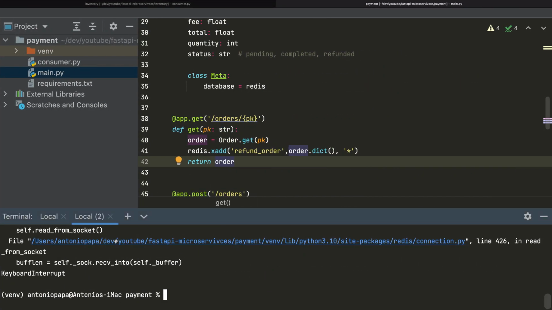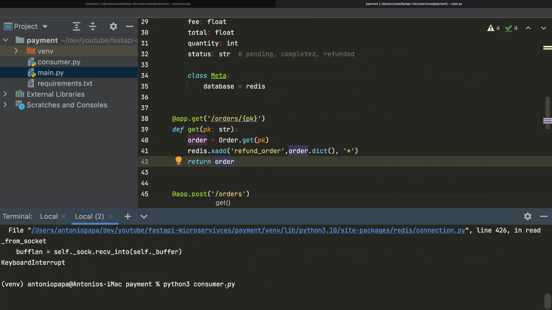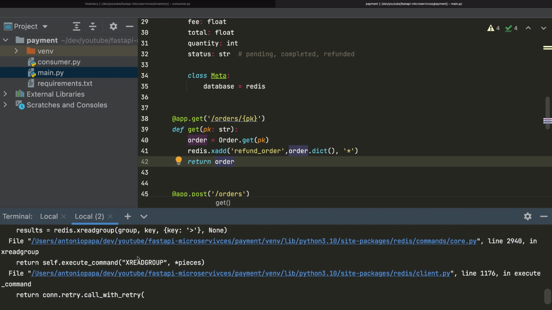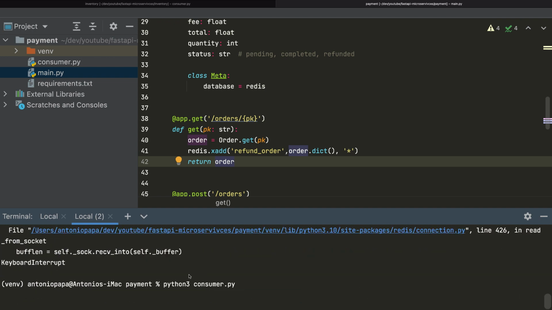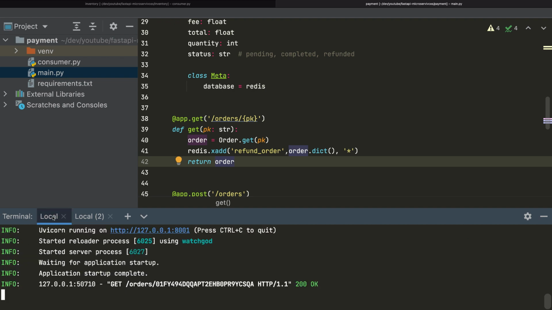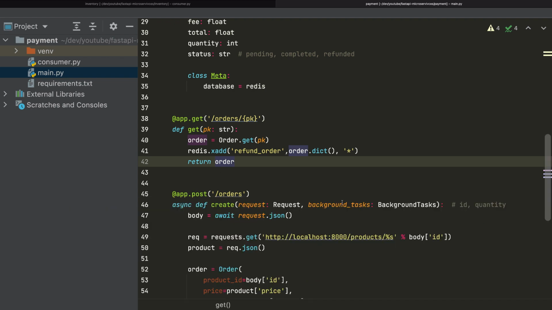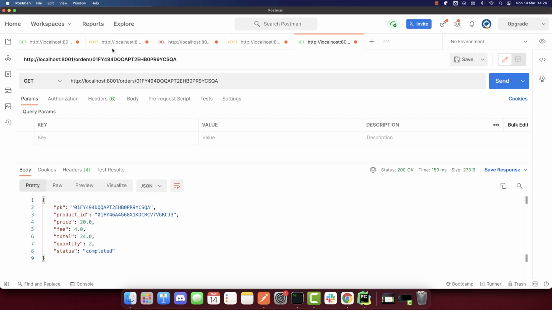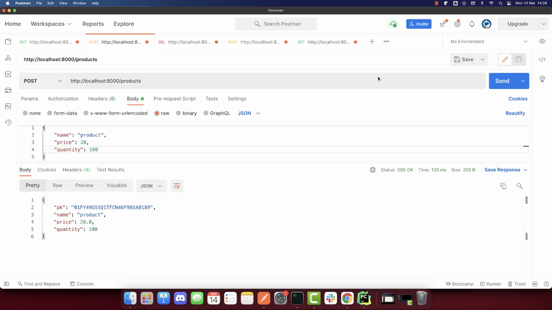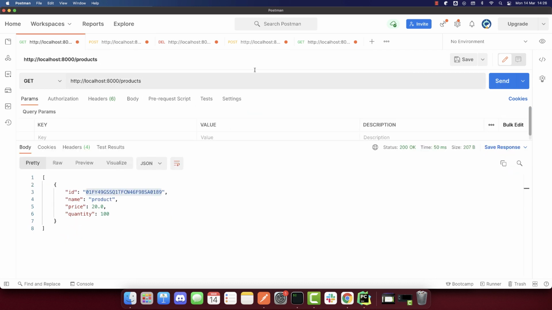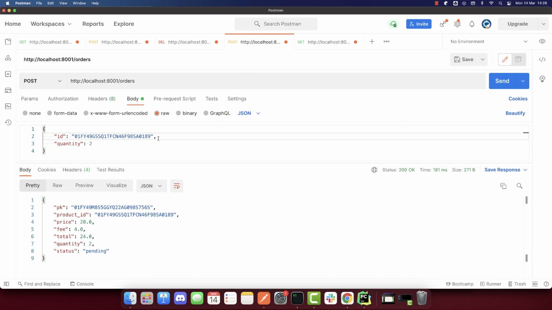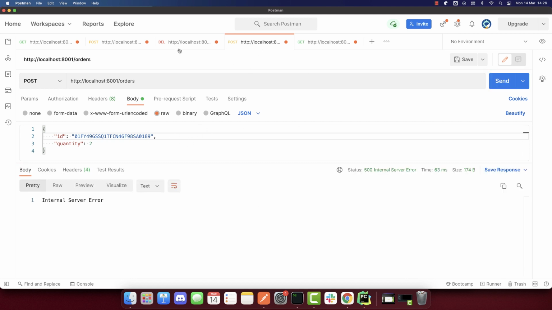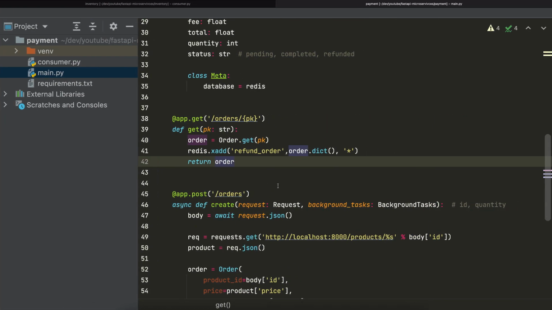Now it is working, and if I run the consumer, I won't have this problem that the key was not created. So as we can see, it is empty here, and now we can simulate the product deletion again. So let's create a product. It is appearing here. I'll copy the ID, be ready to delete it, and let's create another order,